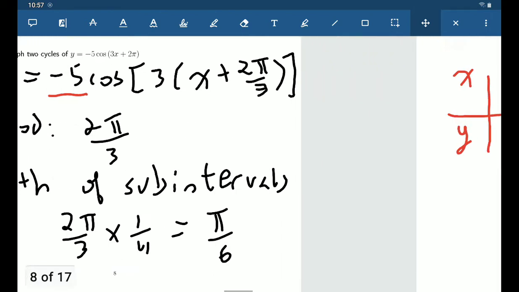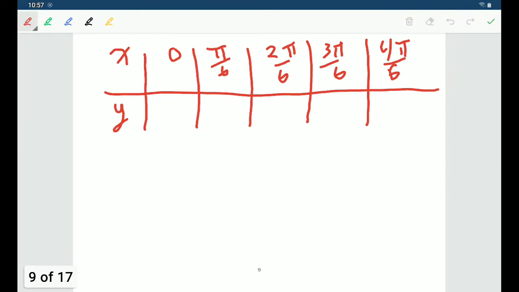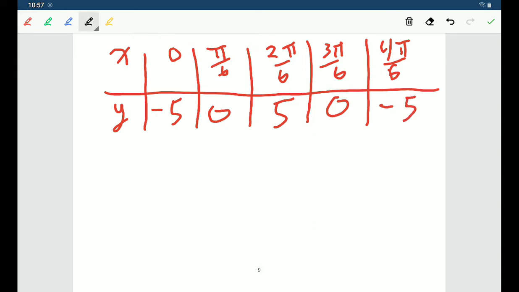So we start at a, which is negative 5, then go to 0, then go to negative a, which would be positive 5, then to 0, and then back to a again, which is negative 5. And now, after the phase shift,